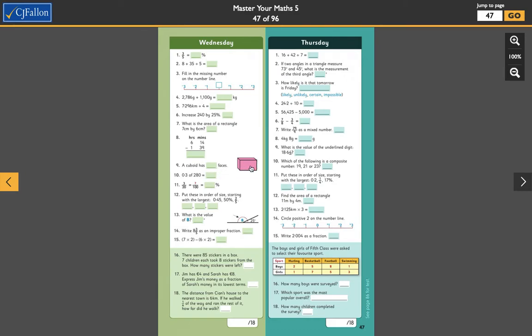A cuboid has how many faces? The faces are the flat parts, okay? Where two faces meet makes an edge, and then where all those edges meet here in the corner, you could say is a vertex,